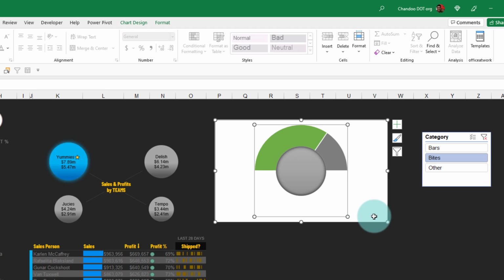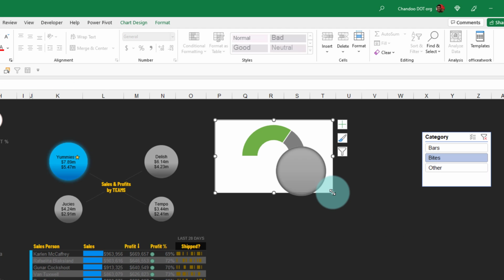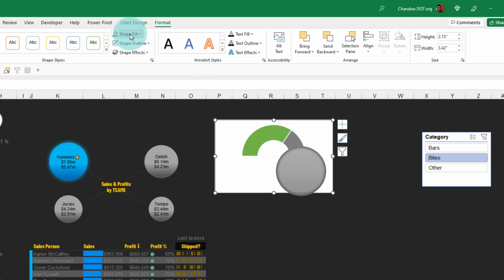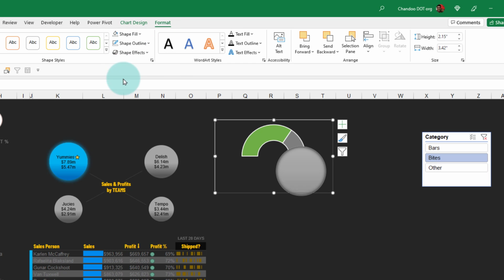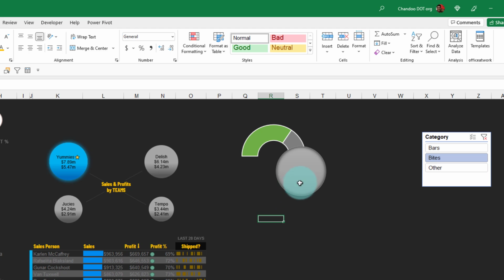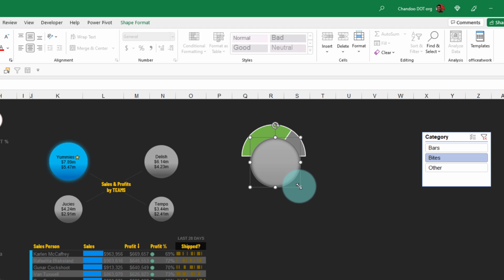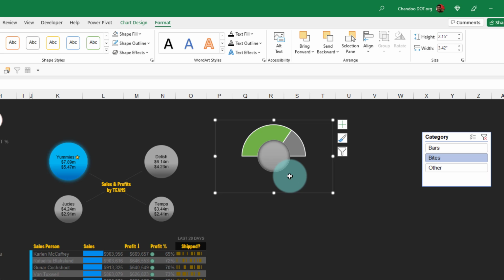We'll pick the donut chart and then make sure that it is not too big, and select the donut chart again, ensuring that there is no fill color or outline on it so that it is just the donut. Then we will adjust this circle, also size it. When you are sizing the donut charts,